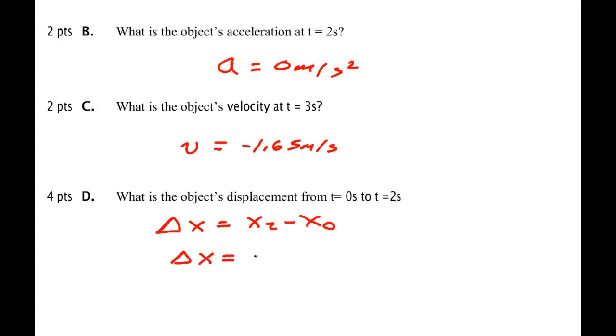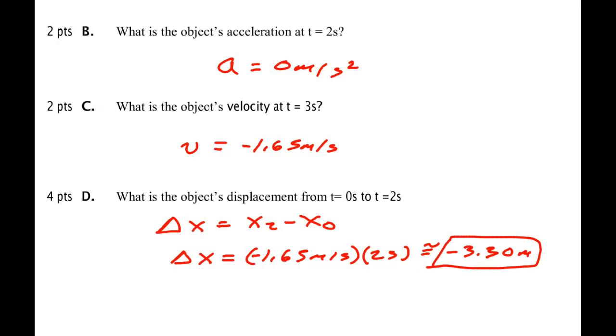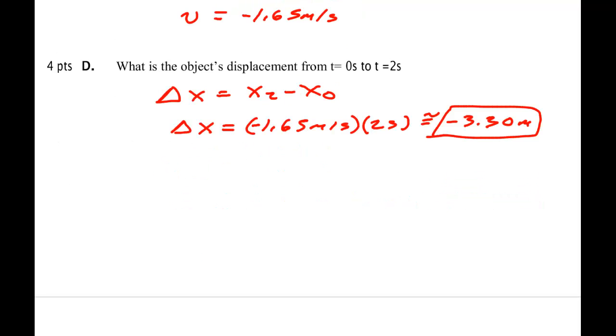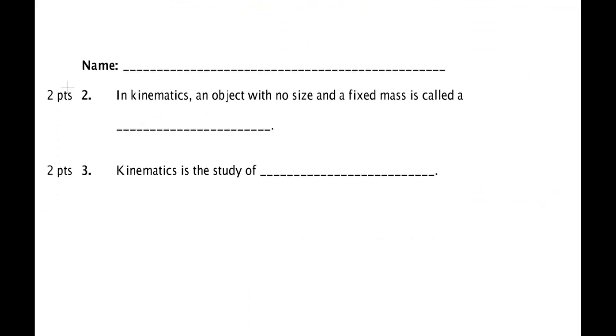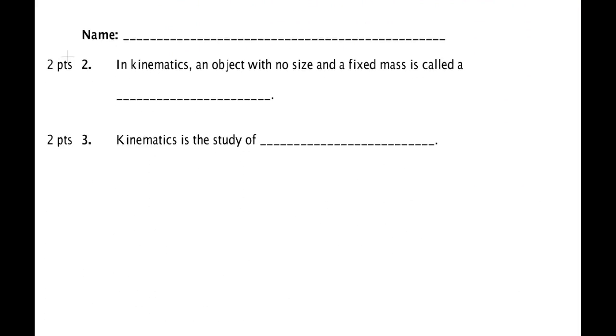Delta x can be found a couple of different ways. You can read it directly from the graph, or you can just use the fact that it's 1.65 meters per second, and it's doing this for 2 seconds, so the displacement was minus 3.30 meters. And the last set of questions on there, again, all of that I should say was from the previous test. I'm just checking to make sure you mastered test 3. And the last 2 things was kinematics. An object with no size and fixed mass is called a particle. And kinematics is the study of motion. And this covers all the problems on test number